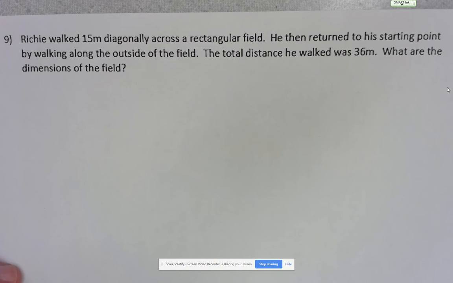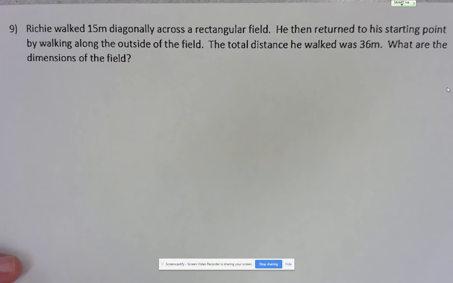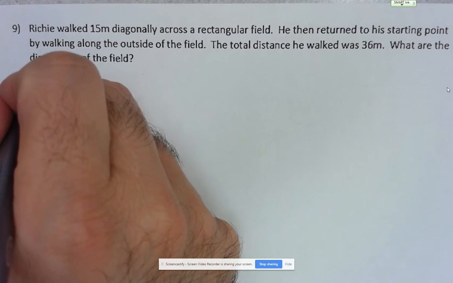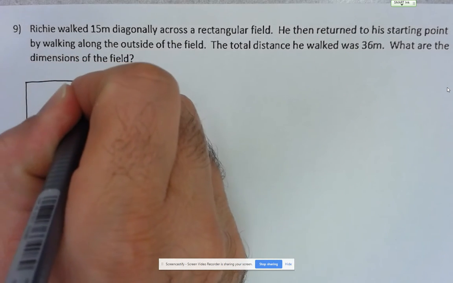Hi, folks. We're going to take a look at number 9 from the Unit 7 review. So here it says that Richie walked 15 meters diagonally across a rectangular field. Okay, so let me start, even before I read the rest of the question, let me set up a diagram here. All right,